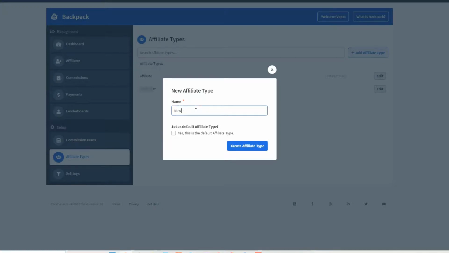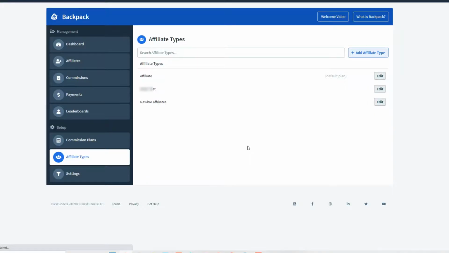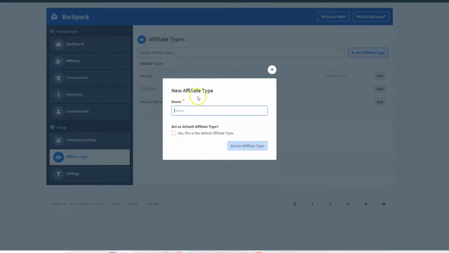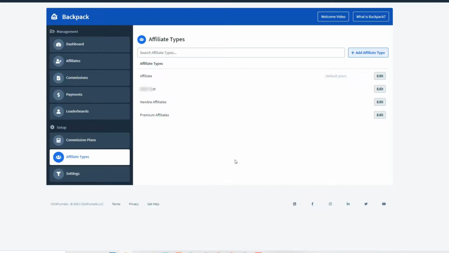So in this case it is newbie affiliates. So create affiliate type. Then the next is premium affiliates. Click create affiliate type. So now we created two affiliate types, newbie affiliates and premium affiliates.